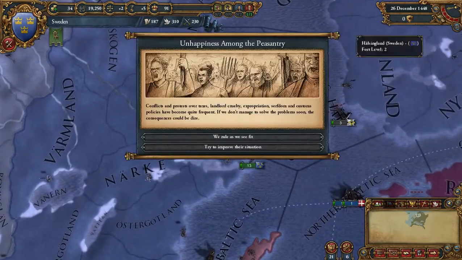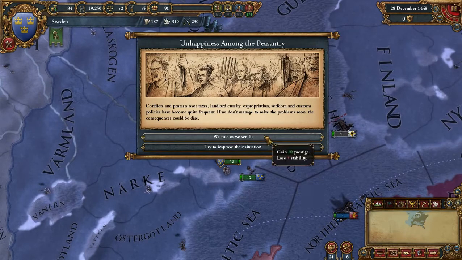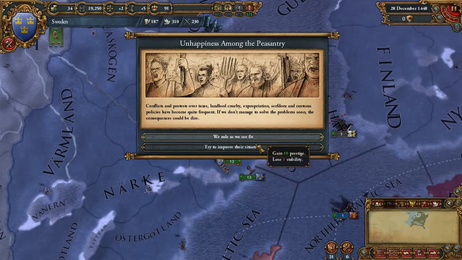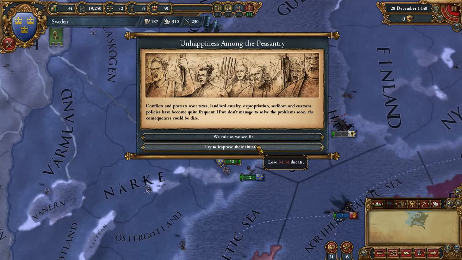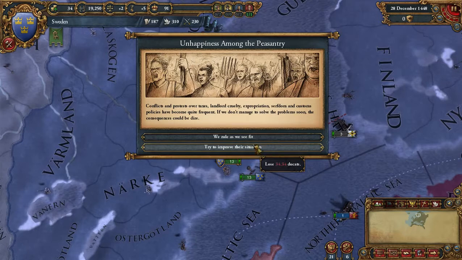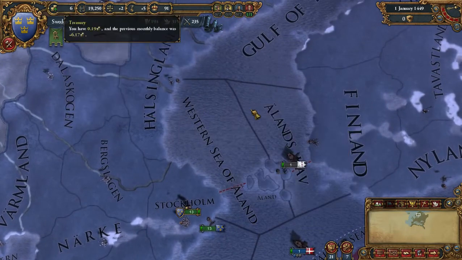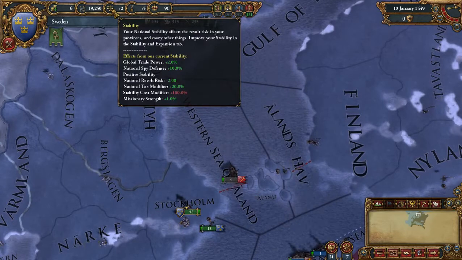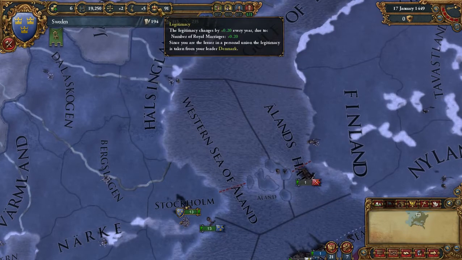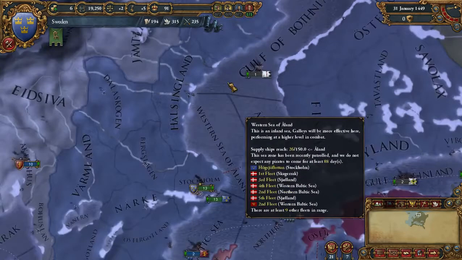Guess we should build another event. Unhappiness amongst the peasantry again. Shall we rule as we see fit, or shall we bribe them? We'll try and improve their situation. Costs us all our money. It's unfortunate. But it keeps the peace, and I did spend a lot to get the stability up. There you go, our legitimacy is finally going up. Or rather,